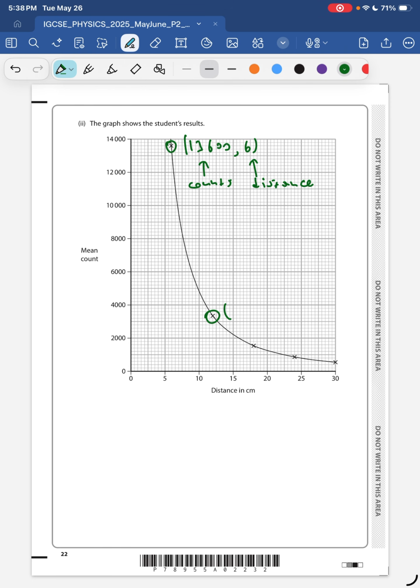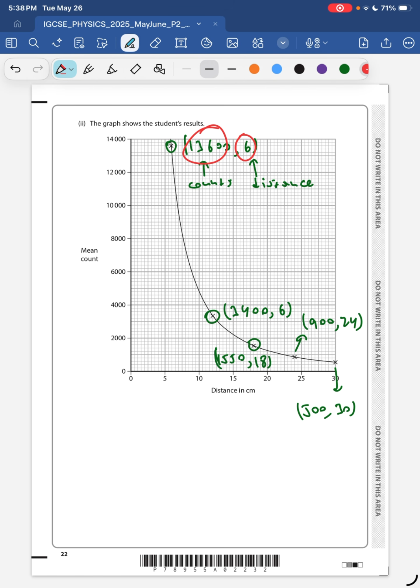So for this one, I think it's 3,406. Then for this data point, we have 1,550, and then the distance is 18. Then for this data point, we have 924. And then for the last data point, we have 530. So these are the pairs of counts and distance, and now we have to take the counts and multiply